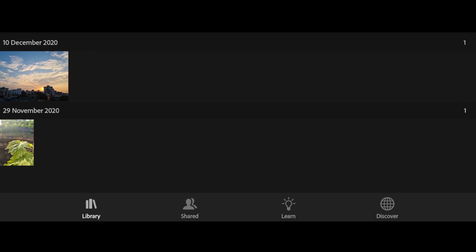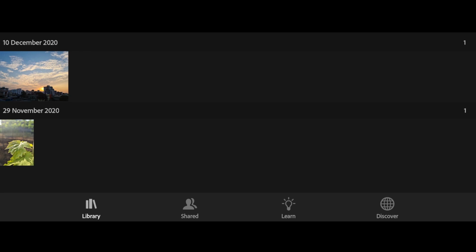By default, it will categorize them according to the date taken of every image. Now remember this carefully. It will display the images based on the date they were taken on. So if you import an old photo, then it will not show up on top of the list. This is a very small thing but very important, as it can be frustrating if you don't see your image even after importing it several times.